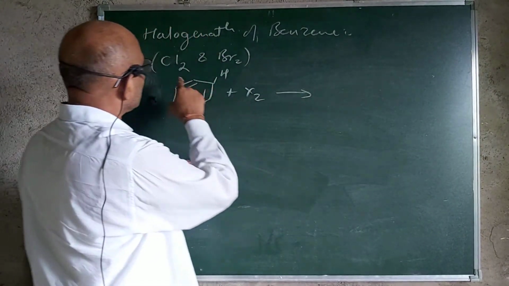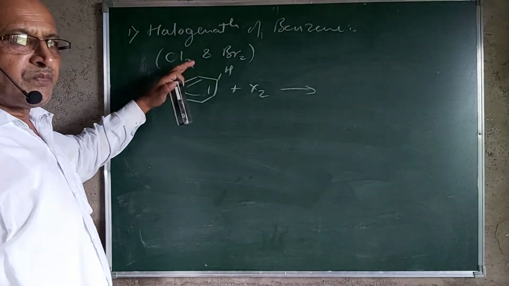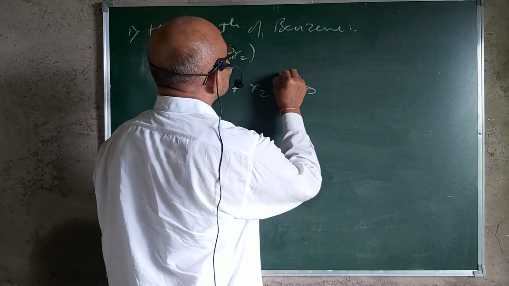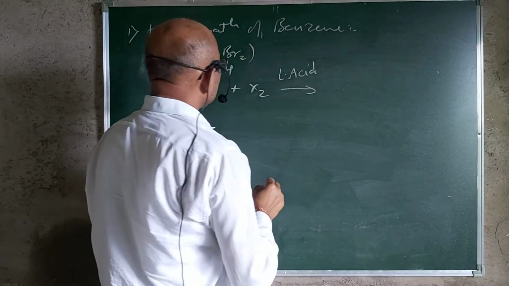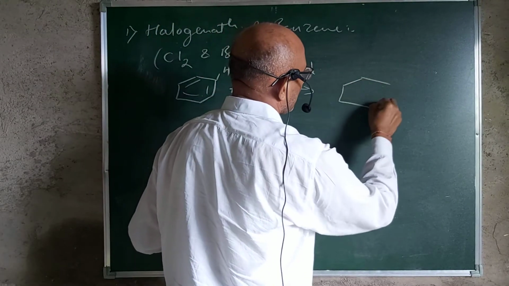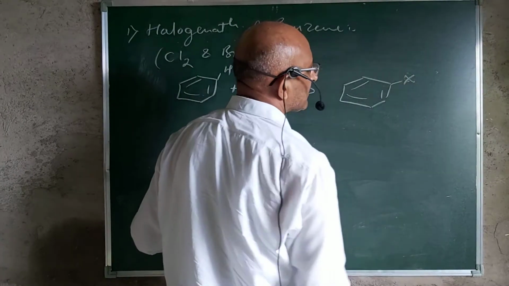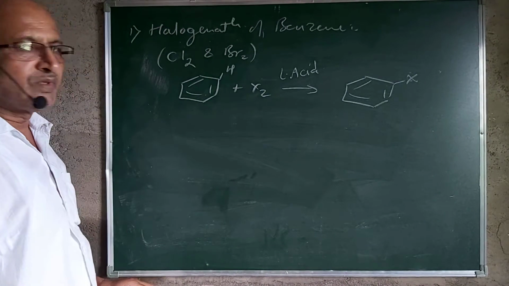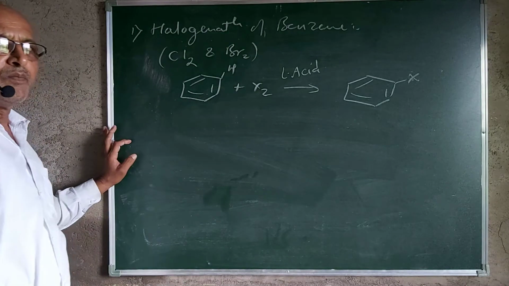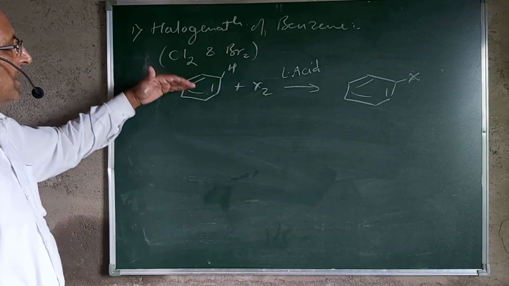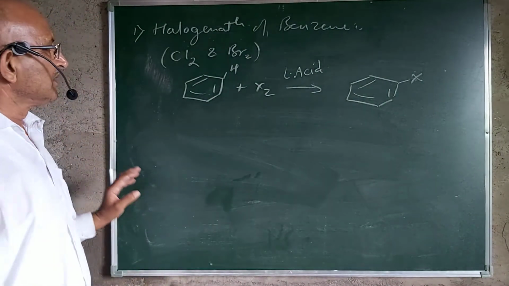Now, as this cleavage of the Cl-Cl bond is not possible, there is a need to use a Lewis acid as a catalyst. And so when we are using Lewis acid as a catalyst, here you will get the formation of the product, that is the substituted halobenzene. So we will just consider the example. Means this is the simple net reaction that is taking place by reacting benzene with halogen in presence of Lewis acid. You are going to get the formation of a halobenzene.